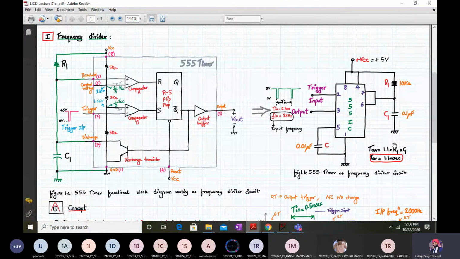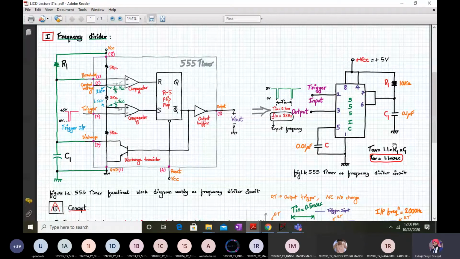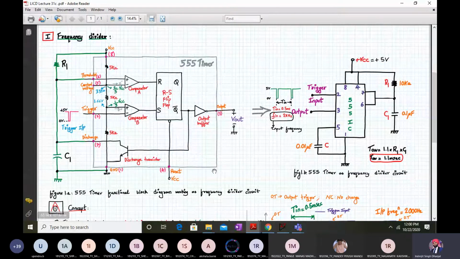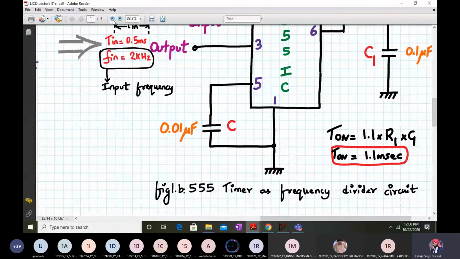You have your quiz coming up, you have your end semester exam coming up, so this application part is extremely important. Along with the designs, you should know where you will use this 555 timer, which is very important. So if I want to divide over here, I have used this scenario. The working and functionality will remain the same. I hope you remember the functionality of 555 timer in the monostable mode. So I'm assuming that, and over here let me concentrate on the symbolic.